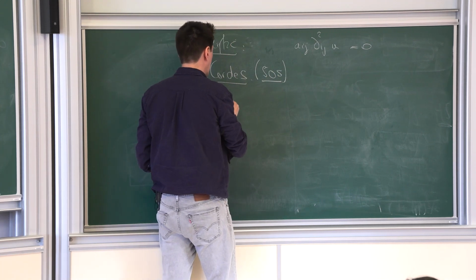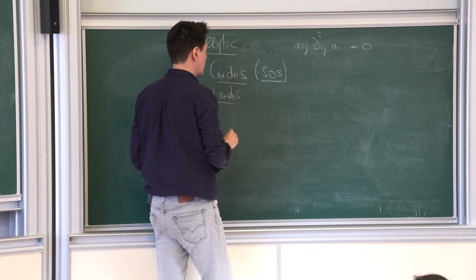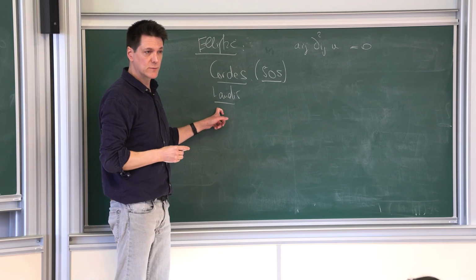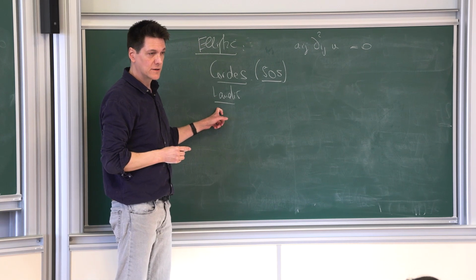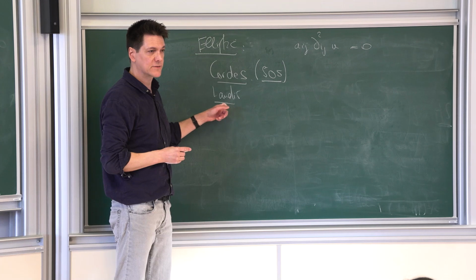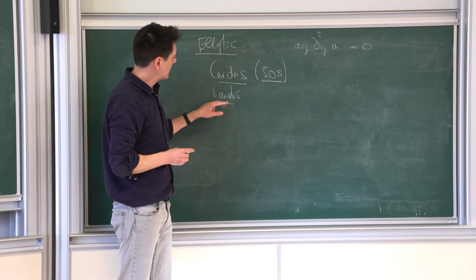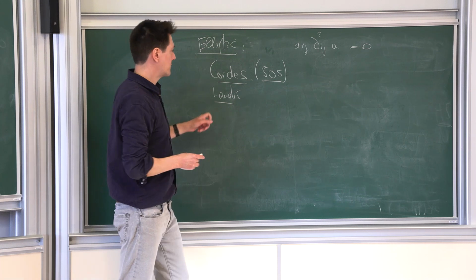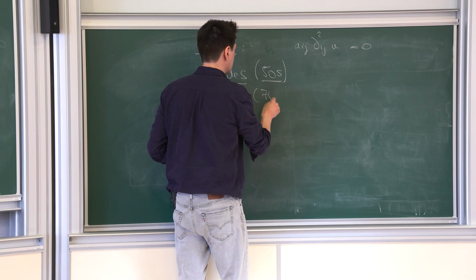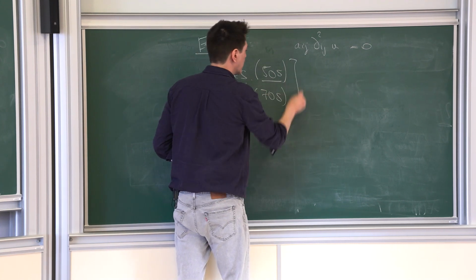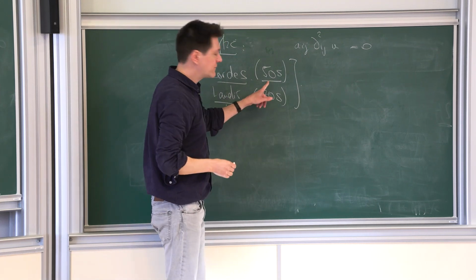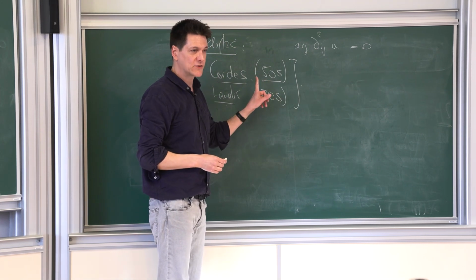And the Cordes argument was rewritten in a way I understand way better in the beautiful book by Landis, originally I think in Russian, but there's an English edition by the AMS. So I didn't know this book, it's absolutely beautiful. This book is published in the 70s. So that was before Krylov-Safonov. You will see why I mention it here.